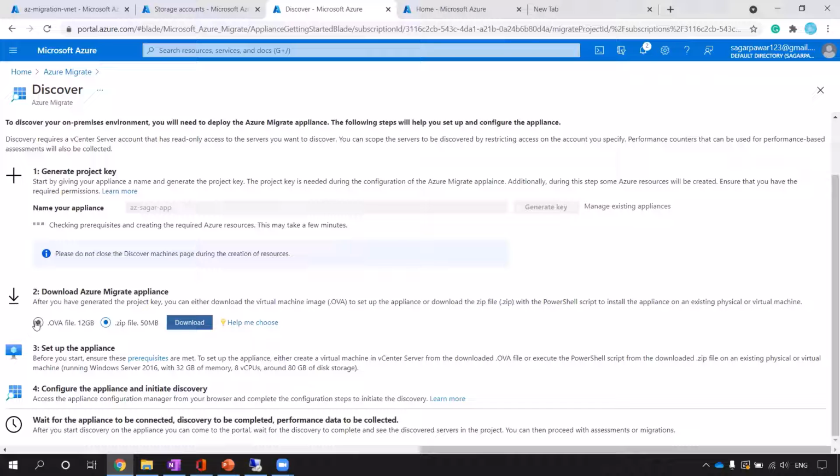I will show you that. I will prefer this option because it is very quick and I don't want to create another machine right now. So I will let it go, but till then I have already downloaded the PowerShell script which I can execute right now.